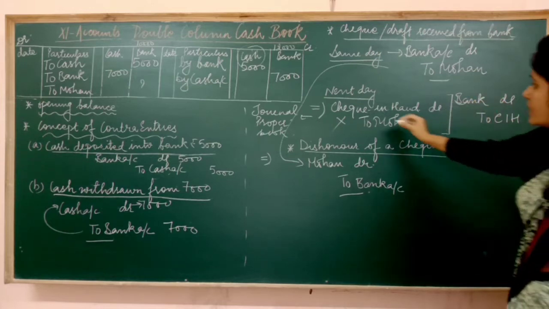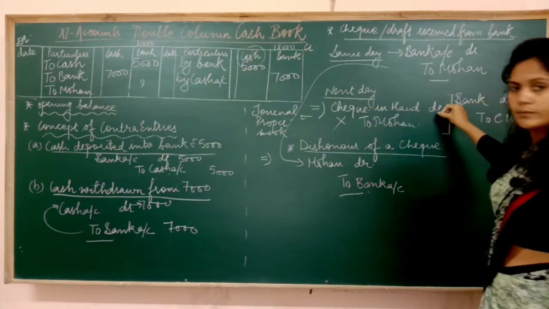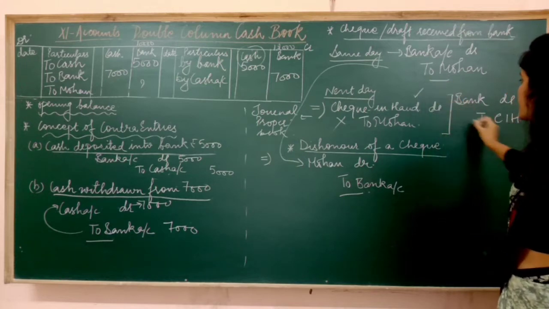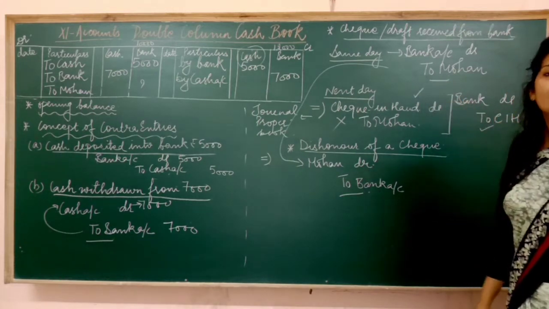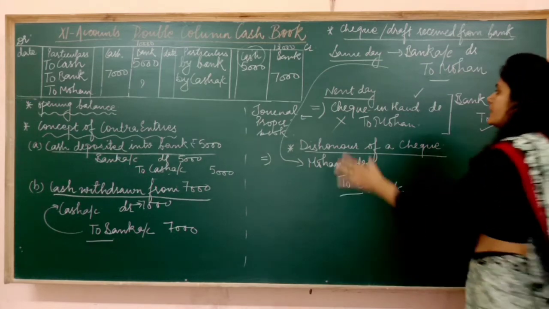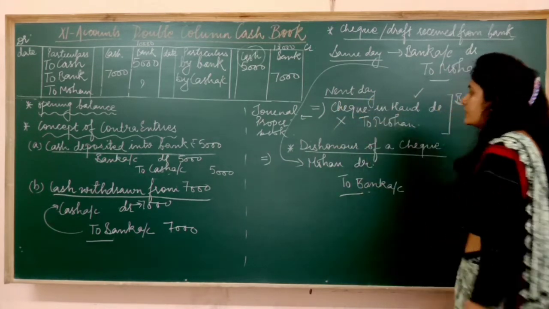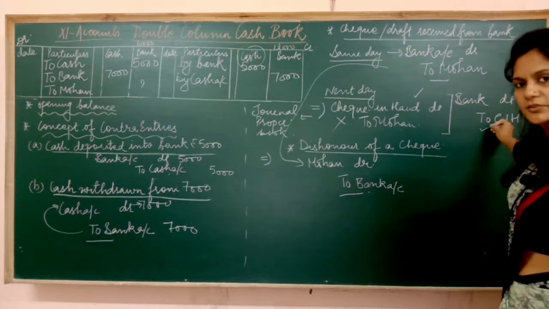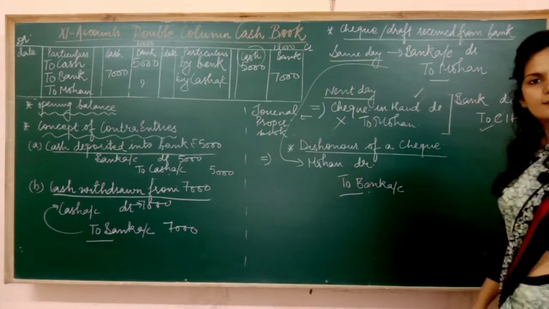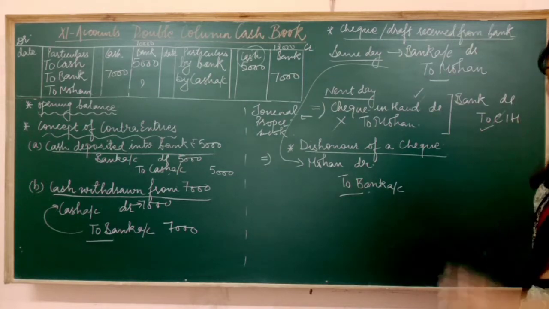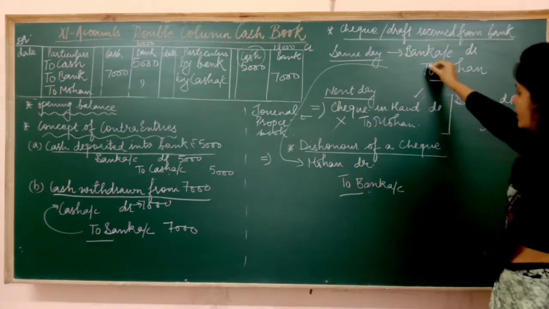अब आप ध्यान से देखिए. First entry में checks in hand debit है. Next entry में checks in hand credit है. यानी कि checks in hand का अकाउंट तो ऑटोमेटिकली क्लोज हो चुका है. In one entry, checks in hand is debited. In the next entry, checks in hand is credited. So this account is already closed. So अब entry क्या रह गई आपकी? अब entry सेम नहीं रह चुकी.